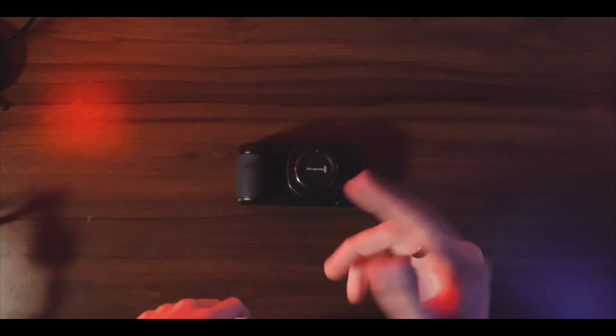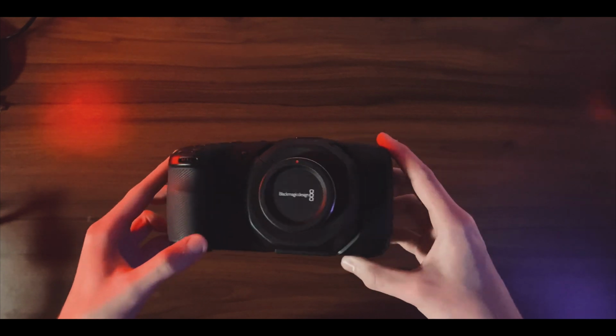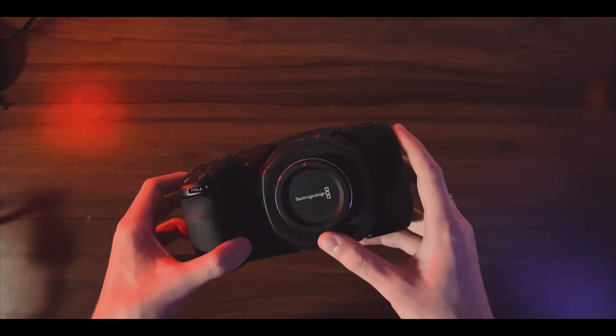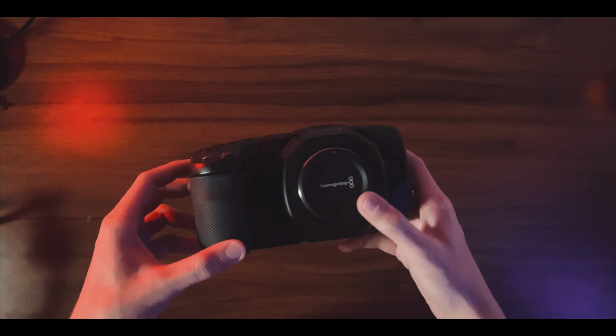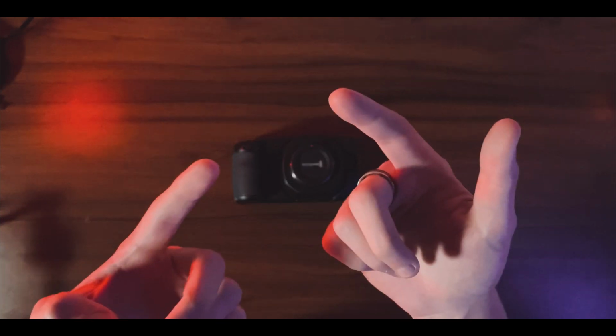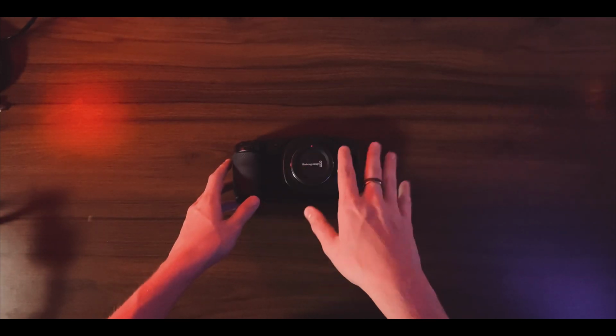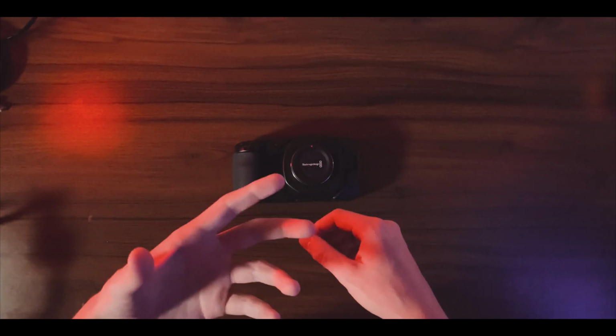Hey, what's up guys? Today I'm going to be going over my Blackmagic Pocket Cinema Camera 4K rig. This is going to be my little run and gun style rig for this camera. I apologize in advance for the video quality. I'm recording on my phone, seeing as my camera is part of the video, so I can't use that, but